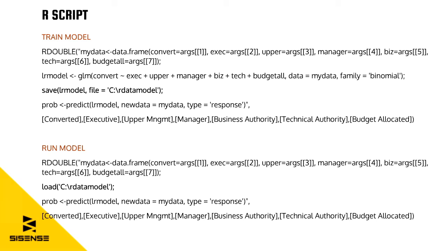Line 2 is loading in the model that we had saved earlier. Because this is a separate process, we want to keep things clean. When we train the model, we save it to disk. When we run the model, we assume it's a clean environment, and we load that model from disk, one that we had previously saved. This allows it to persist among different sessions and keeps things sterile.